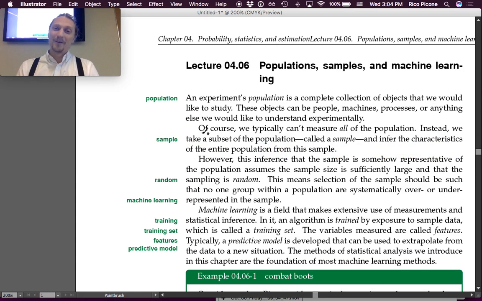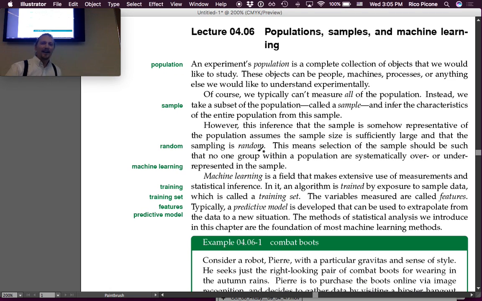I was dogmatic at one point. Not anymore. Okay, so